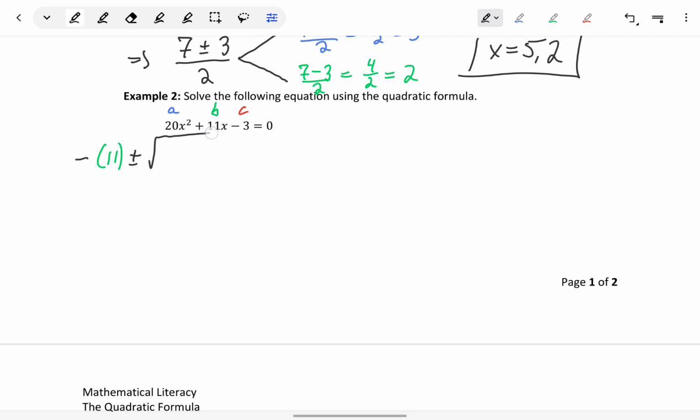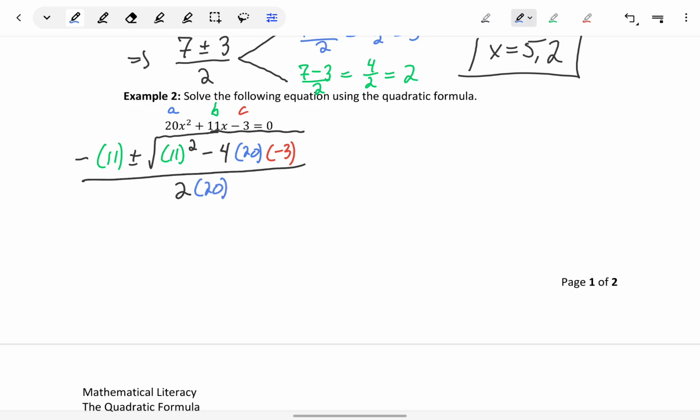plus or minus the square root of b squared. So that would be 11 again, squared, minus 4 times our value for a, which is 20, times our value for c, which is negative 3, all over 2 times our value for a, which is 20,